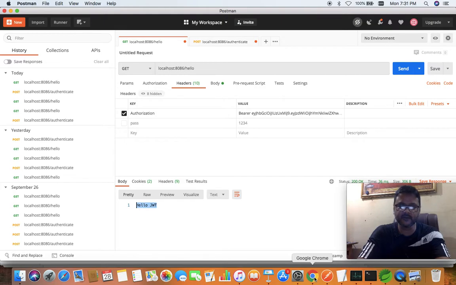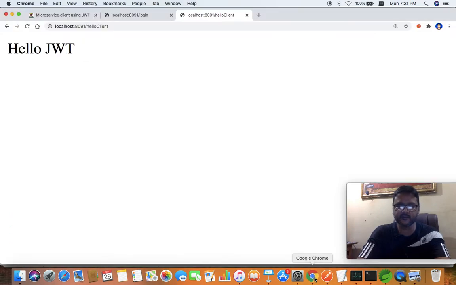It sounds funny when we say our user accesses the web service or microservice. The user doesn't know what a web service or microservice is. The user knows an application name and goes to the URL, and what happens in the back end is our responsibility. So this hello JWT will be available only after the authentication by the first microservice. How we can create this microservice, we are going to discuss in this video.